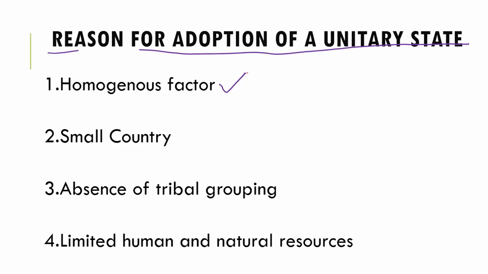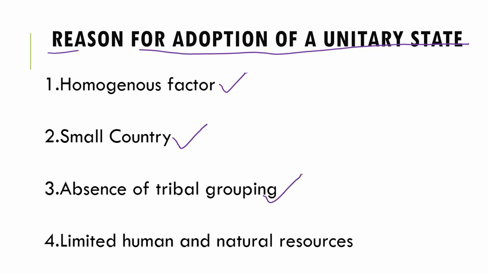Okay, number 2, we said small country. The same reason we attribute to the features is among the reasons why countries adopt this particular system. If the country is a small country, instead of going for other forms or other structures of government, why not this particular system, which is the unitary system of government? In terms of coordination, they are not much. In terms of cooperation, they are not much as well. Then next we said we have